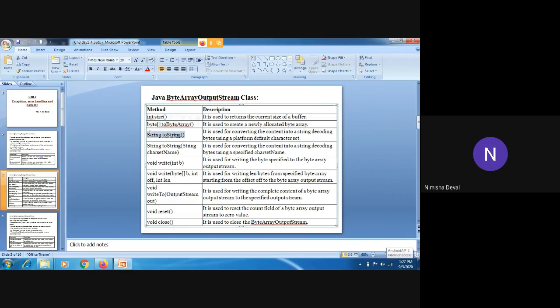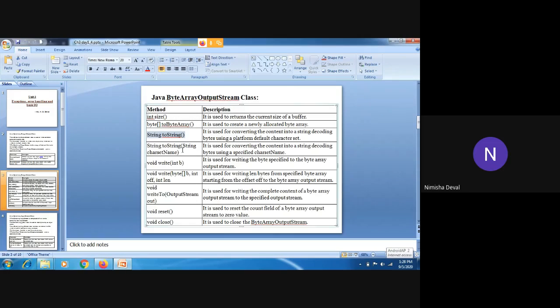Have you understood its meaning? It converts the content into a string by decoding bytes, using whatever character set is provided, by default the platform's. That is nothing but decoding bytes.